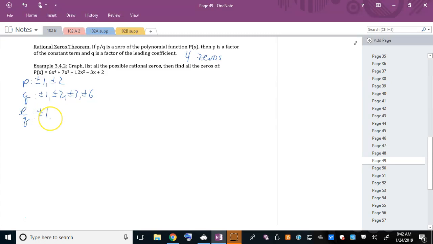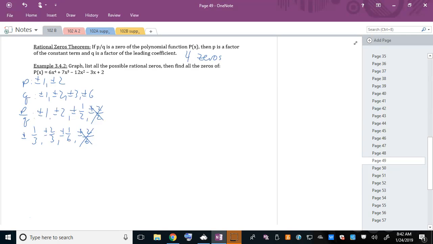So let's put both of the P's over 1. Let's put both of the P's over 2. And as I make my list, I do get repeats, which I will cross out. Let's put all the P's over 3. And then let's put all the P's over 6. And there's another repeat. So again, that is a list of all the rational numbers that might work in this